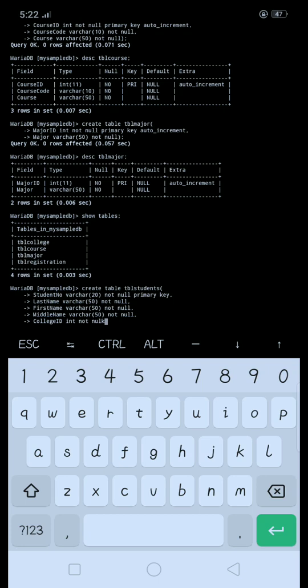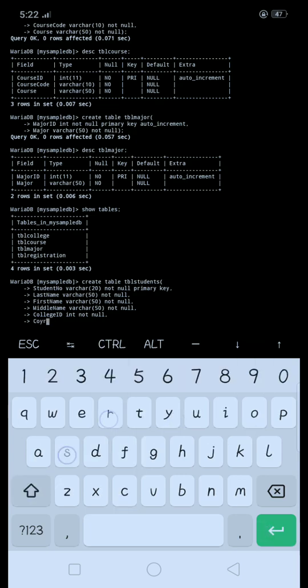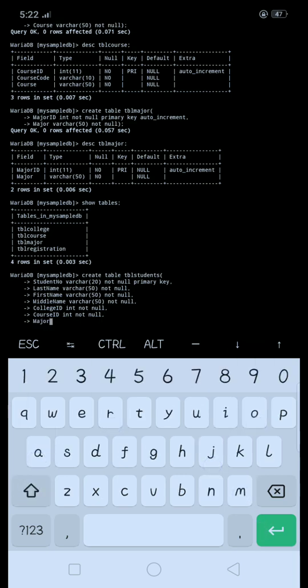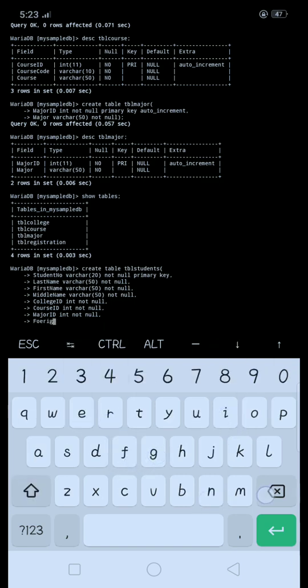Okay, so course ID int not null. And then major ID int not null. Now let's create the foreign key. So foreign key